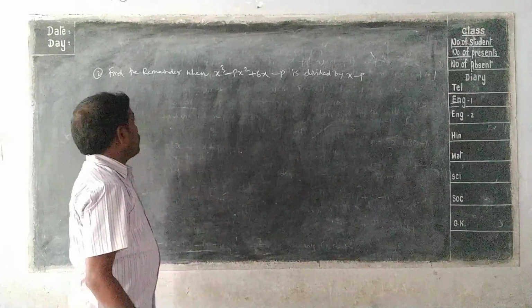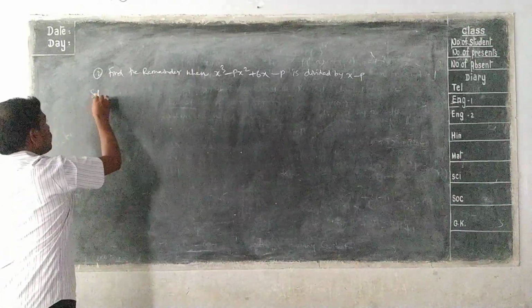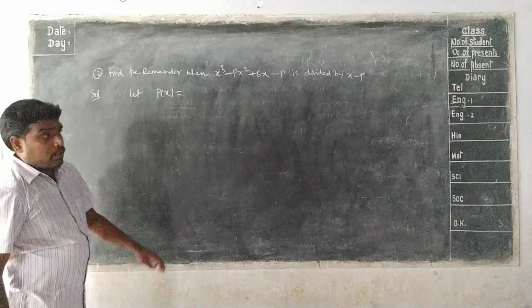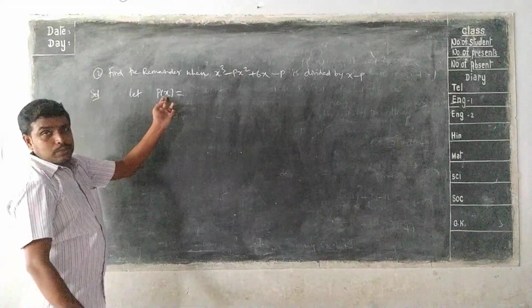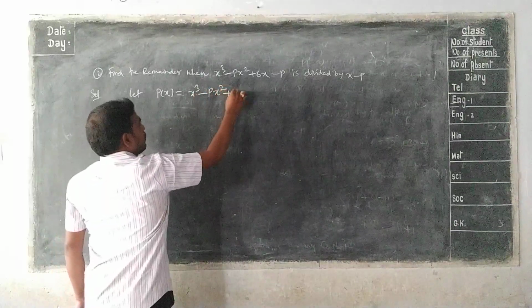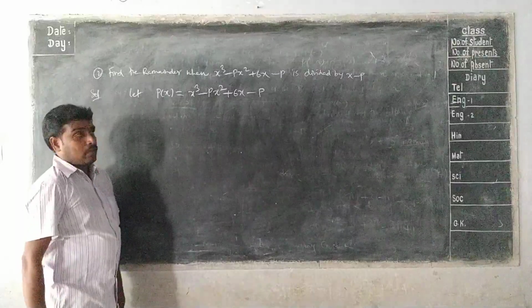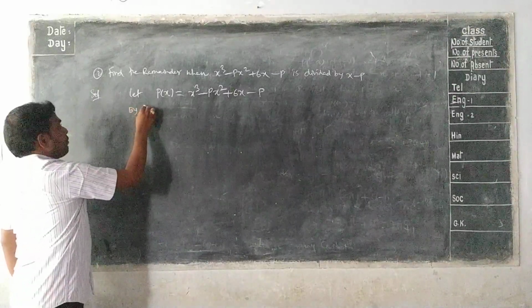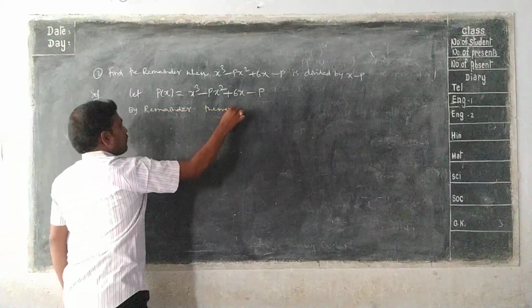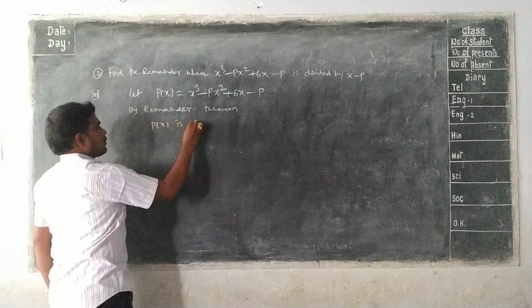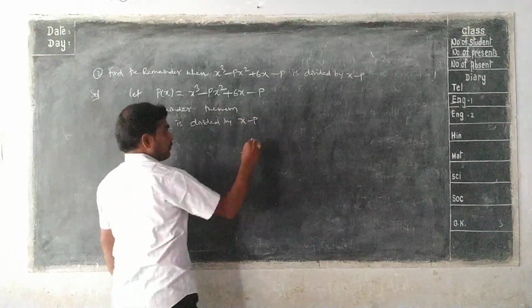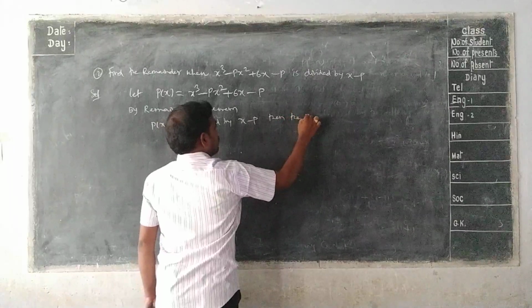So by using remainder theorem, first you have to assume this as any polynomial, let p of x equal to. It is a polynomial having one variable x. That's why I am assuming p of x equal to x cube minus px square plus 6x minus p. So by remainder theorem, if p of x is divided by x minus p, then the remainder is